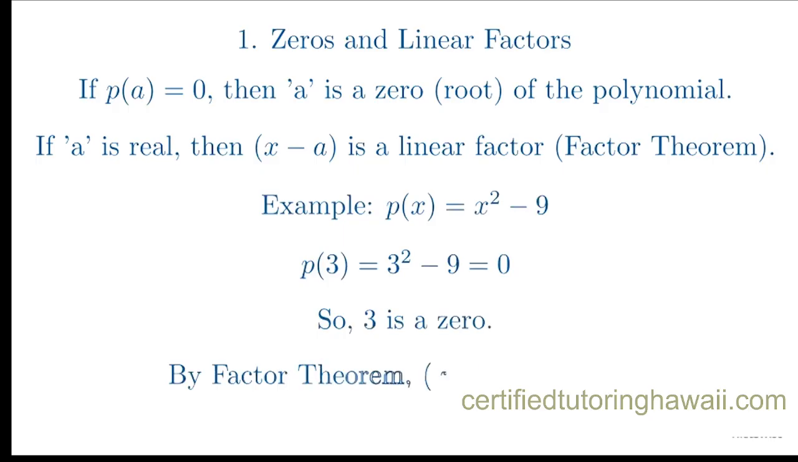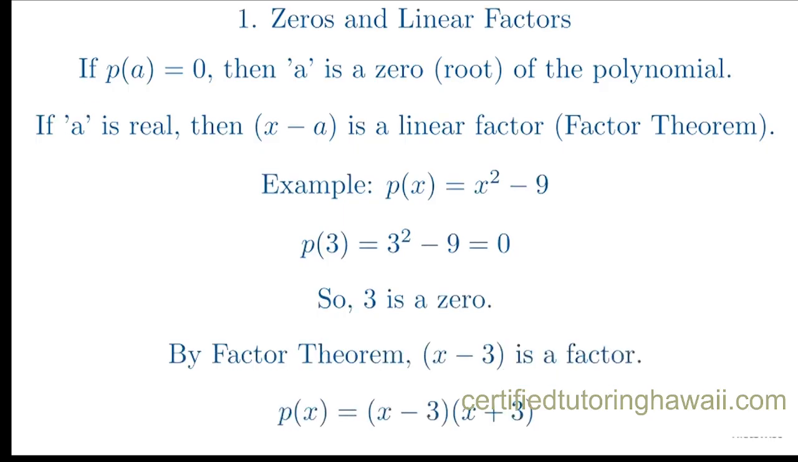Consider the polynomial p of x equals x squared minus 9. We can see that p of 3 equals 3 squared minus 9, which is 9 minus 9, or 0. Since p of 3 is 0, 3 is a zero of the polynomial. By the factor theorem, we know that x minus 3 must be a factor. And indeed, x squared minus 9 factors into x minus 3 times x plus 3. This connection between zeros and factors is fundamental to working with polynomials. It allows us to build a polynomial if we know its zeros, and to find the zeros if we know